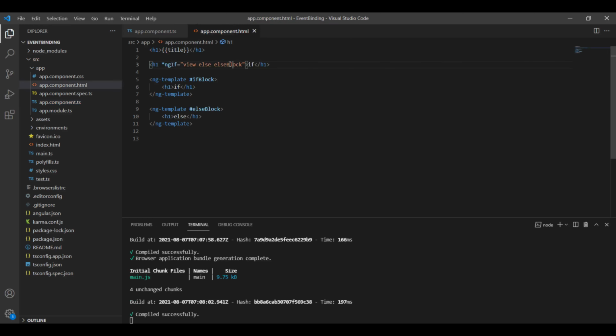Now I will show you how to use the if statement for a string value. I will remove this thing first.